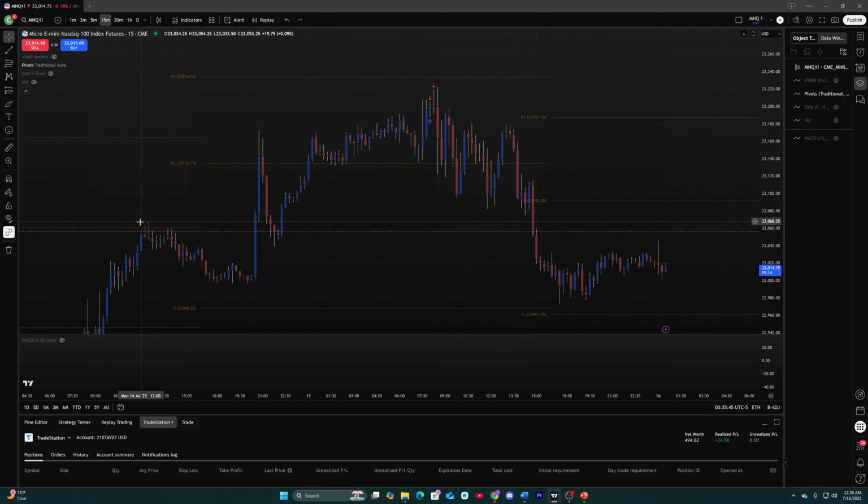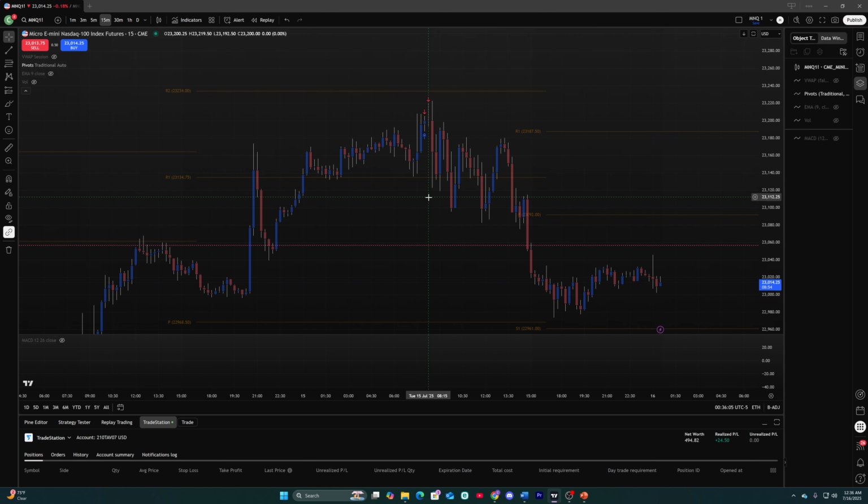We have the previous day close, which is this pink line right here. And if we go to today, this is where the market opened, here at 8. So this is pre-market. We have market open here. It bounced off of that resistance zone in the pre-market, and then once it opened, it shot up,